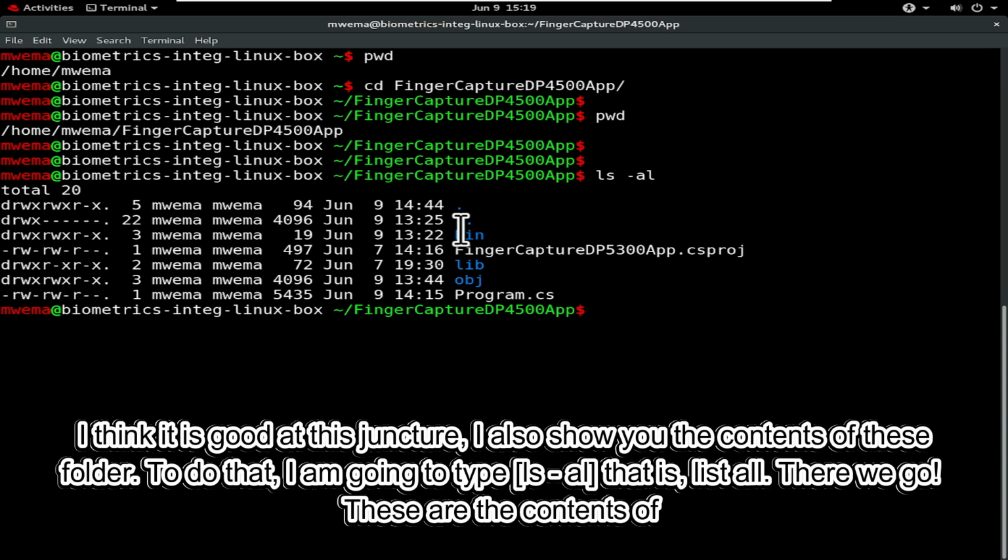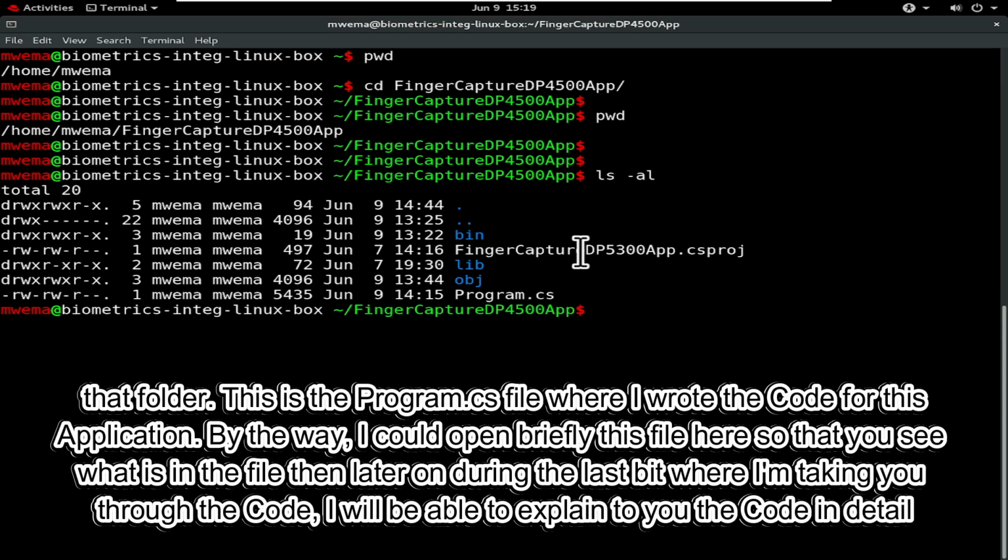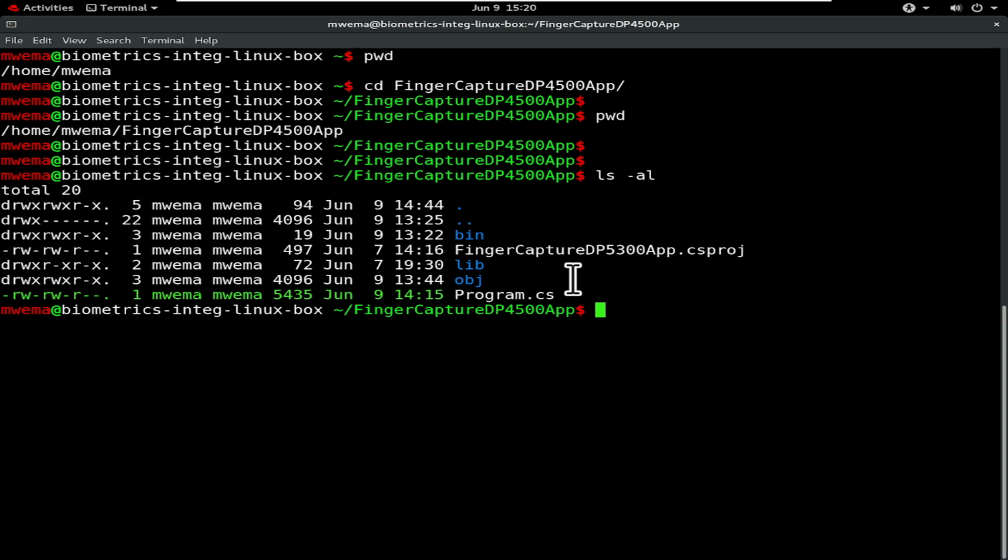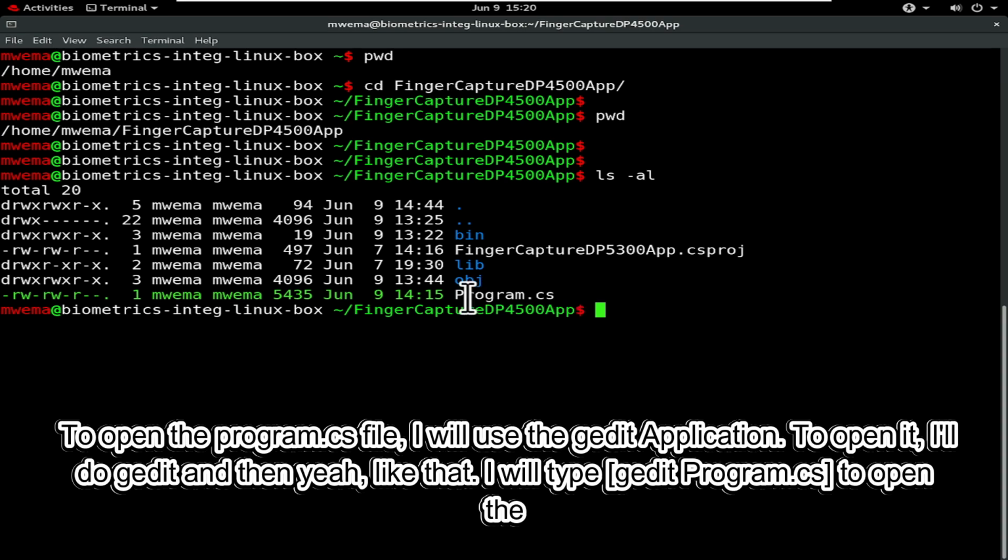These are the contents of that folder. This is the program.cs file where I wrote the code for this application. By the way, I could open briefly this file here so that you see what is in the file. Then later on during the last bit where I'm taking you through the code, I will be able to explain to you the code in detail. To open the program.cs file, I will use the